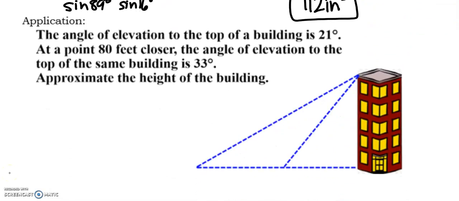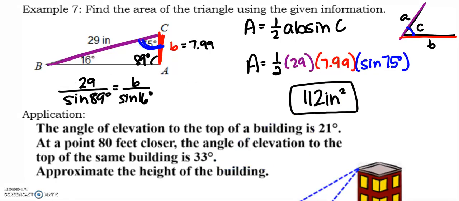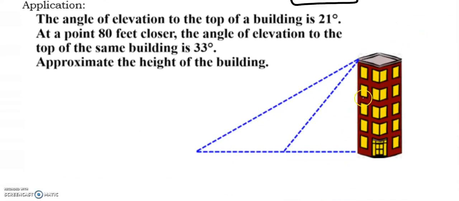All right. This one goes back to a little review of the law of sines and some other good trig applications. So it says the angle of elevation to the top of a building is 21 degrees. At a point 80 feet closer, the angle of elevation to the top of the same building is 33 degrees. Approximate the height of the building. So what I am looking for is this height